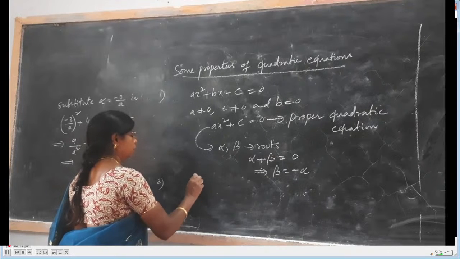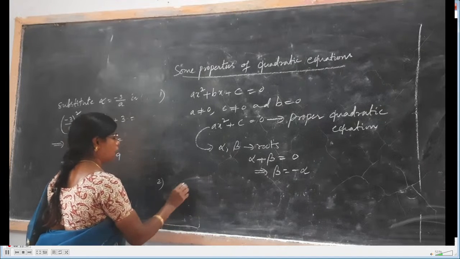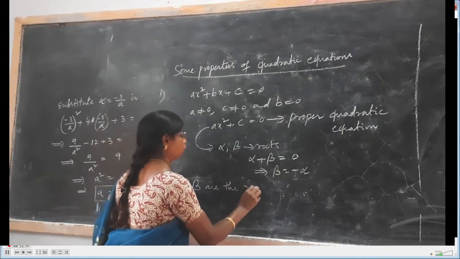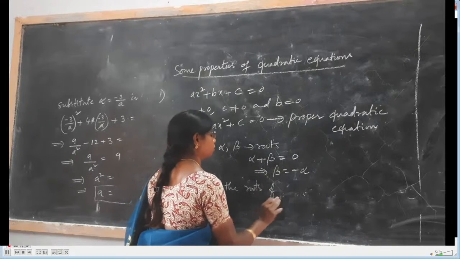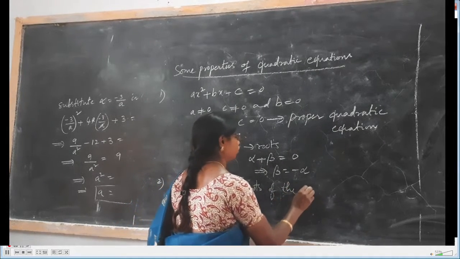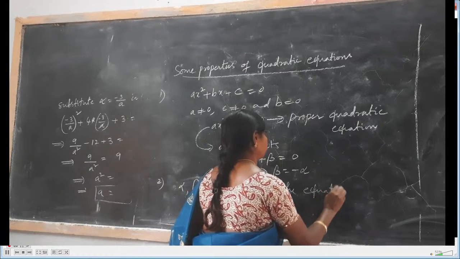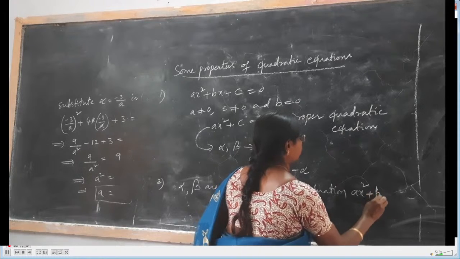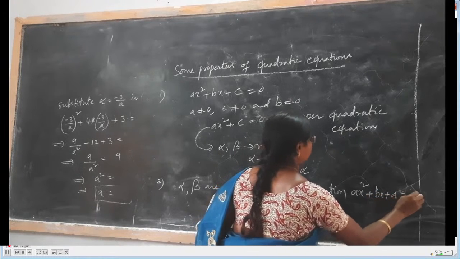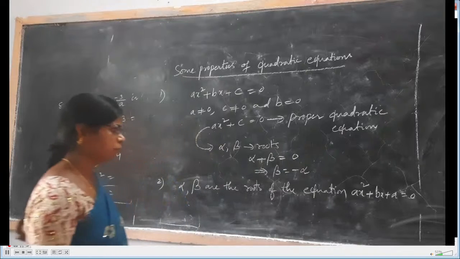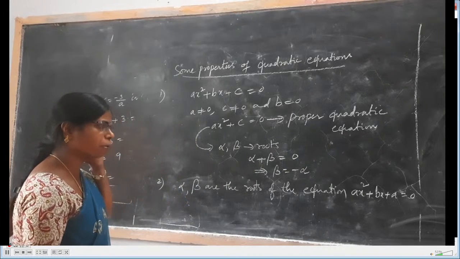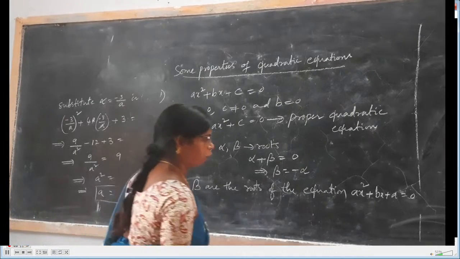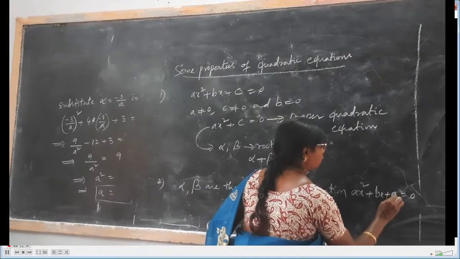So consider, suppose alpha and beta are the roots of the equation ax square plus bx plus a equal to 0. Observe what I am doing. ax square plus bx plus a, c is equal to a. C is equal to a. ఈ c plus a ఏముంది చూడండి. ఓకే,